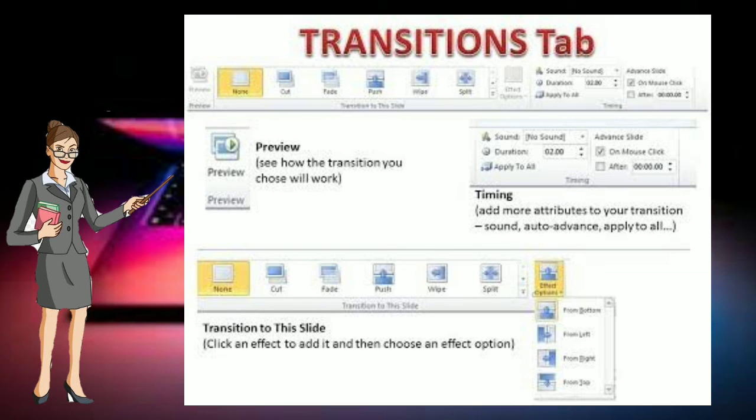So in Advance Slide 2 options are there, on mouse click and timer. So you can set the timing, otherwise you can click by mouse to show your slides in the presentation.